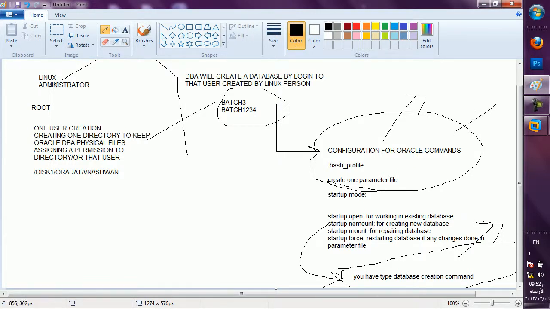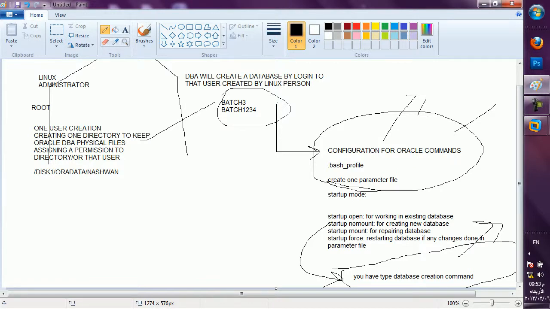So my instance name will be in the bash profile, my database name will be in the parameter file. Clear? That memory structure is configured at the operating system level, not by Oracle. No doubt it is virtual memory, but configuration is done on the operating system in a bash profile. Bash profile is a file coming from the operating system. That is a configuration file kept by Linux. Clear?